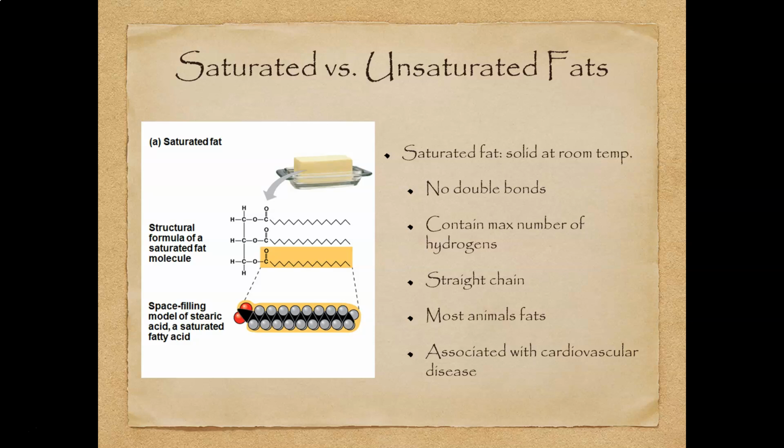This is all saturated fat. It's room temperature solid fat. This is also the one that is most associated with cardiovascular disease, because not only will it stay solid at room temperature, but that also means it's a lot more stable in your body as well. And so it tends to clog up arteries and just be kind of gunky,